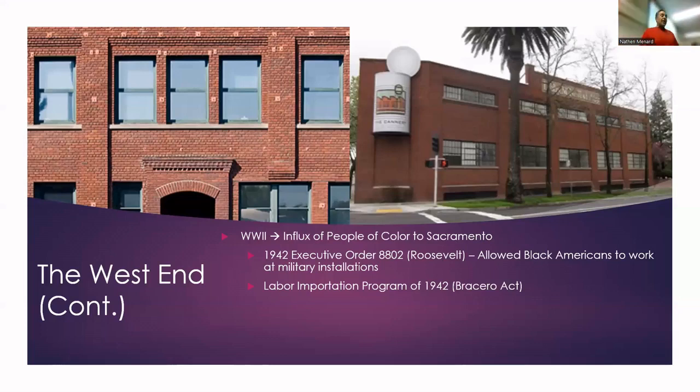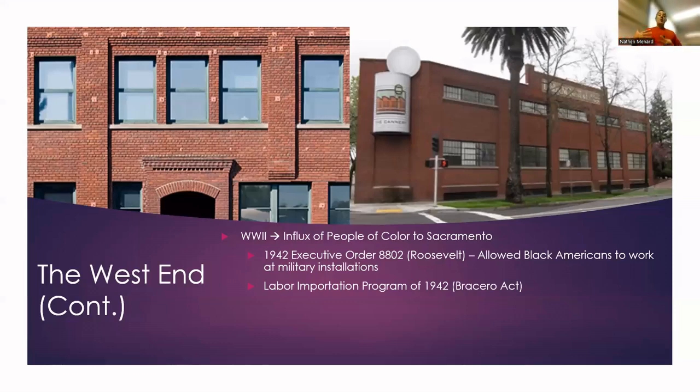So we need all the bodies we can to help move goods, move services, transport people, transport everything we do. And McClellan, like I said, was a logistics base. A logistics base means they were supplying uniforms, guns, bombs, everything they needed to the military overseas that was fighting this war. And of course, McClellan is a key base in our fight against Japan, right? Because that's on the Pacific coast and Japan's on the other side of the Pacific Ocean. And so McClellan was a key place that a lot of movement of